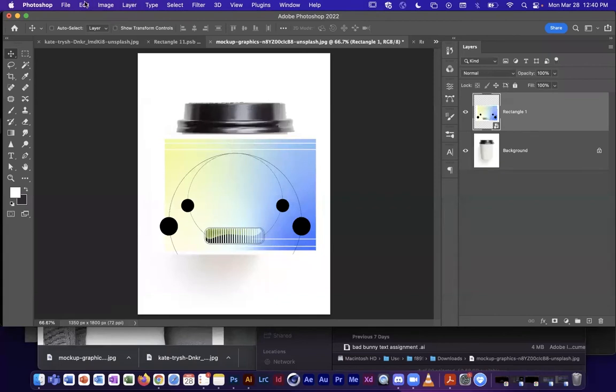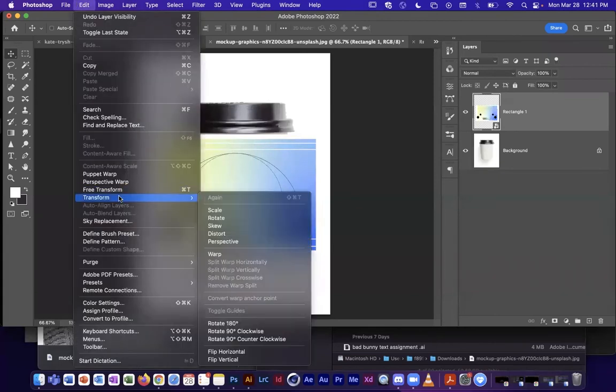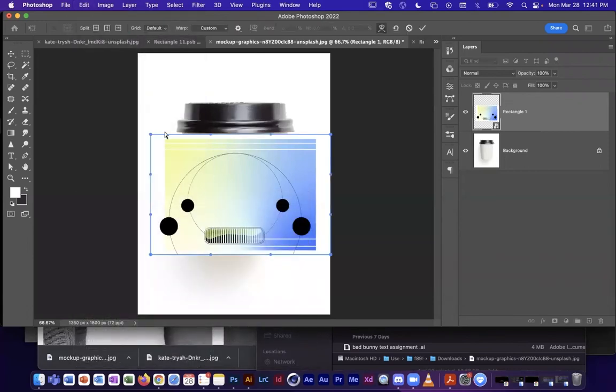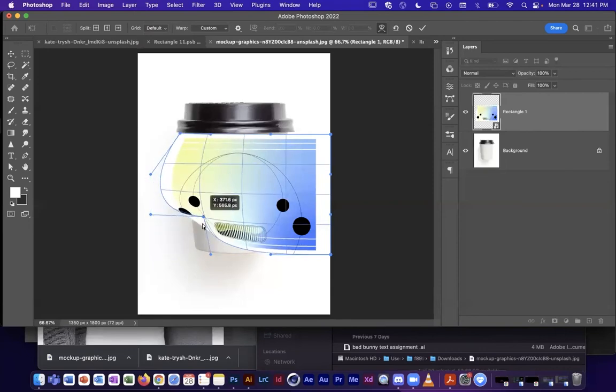A method to be able to do this is to use the Edit menu and Transform. Instead of Distort, we want to try and use this Warp feature. The Warp feature looks very similar to Distort, except that it also gives me some rounded edges on the corners. So what I can do here is line up on those cornered edges. I'll just do the edges first, get them to line up to the cup